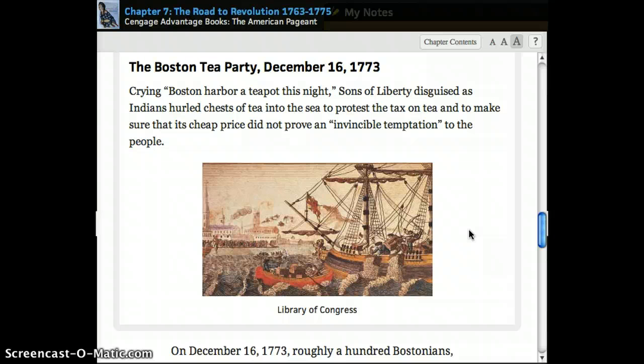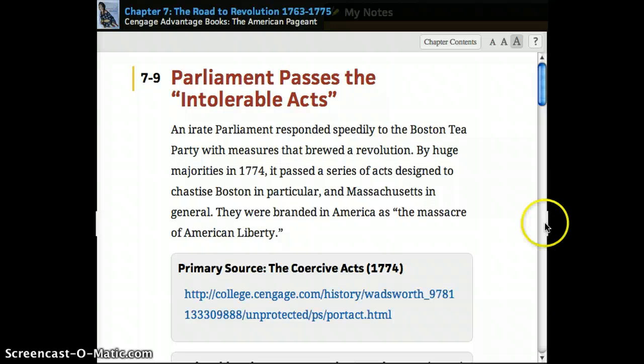The British were beginning to take some issues. I mean, if you think about it, they repealed the Stamp Act, right? They repealed the Townshend duties. But the destruction of property and the threat of mob violence to their soldiers was beginning to take its toll. And so they pass something that they call the Coercive Acts, like they're going to arm-twist the colonies back into shape. But the colonists themselves call them the Intolerable Acts.